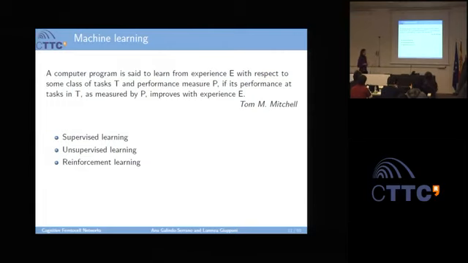Then we have unsupervised learning, and these algorithms are used mainly to find structures in unlabeled data. So it's very used, for example, for image processing, etc. This kind of system is where you have to find some relation between data. And finally, we have reinforcement learning. Reinforcement learning is based on a learning process executed through interactions with the environment, and that is why it's called reinforcement, because it will be based on trial and error.